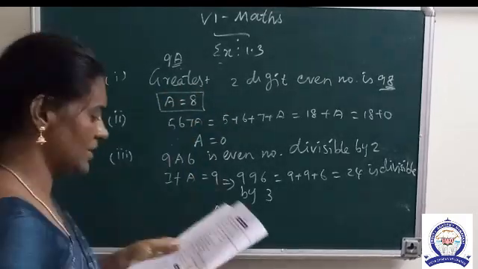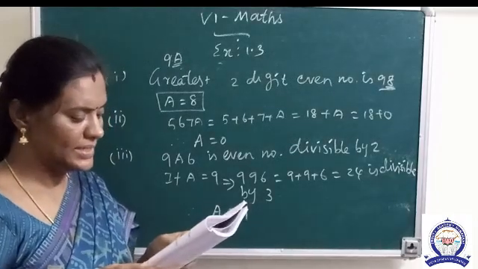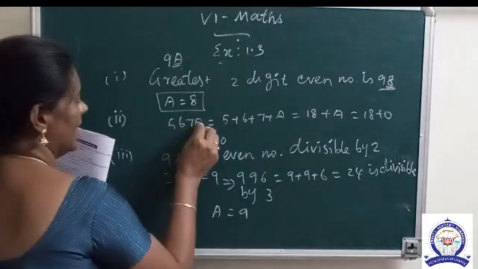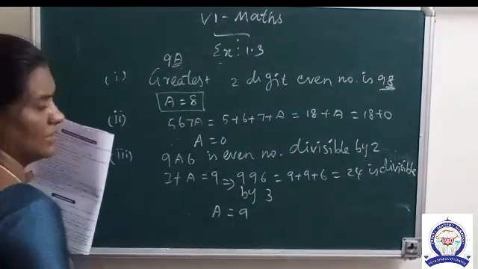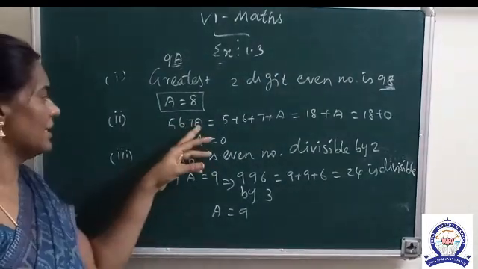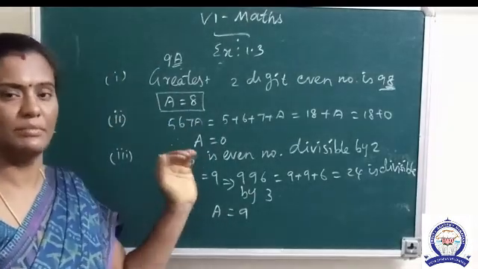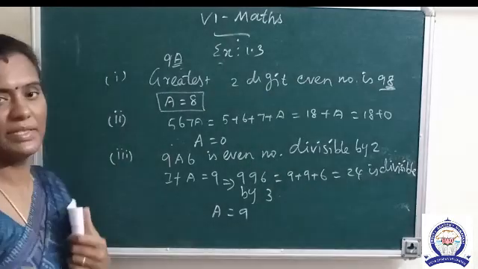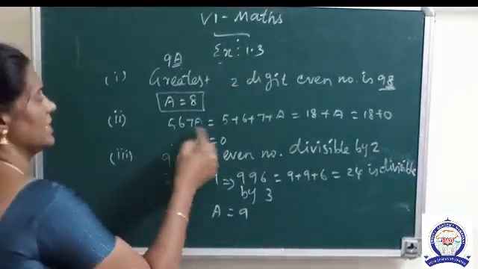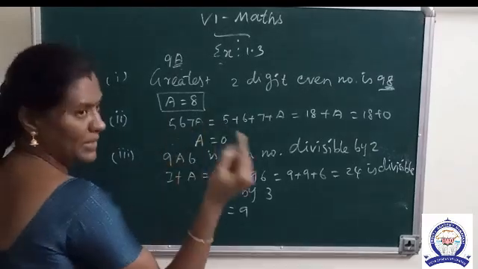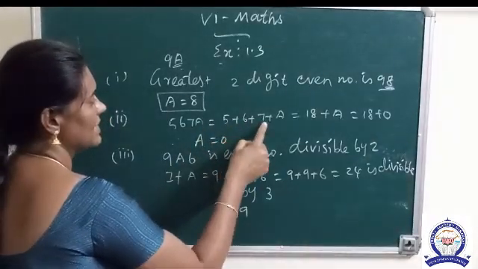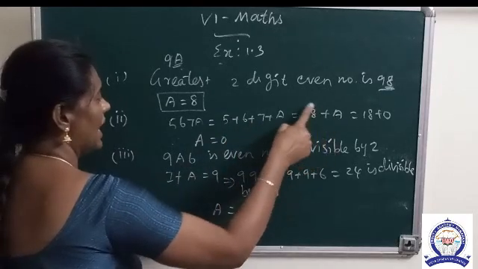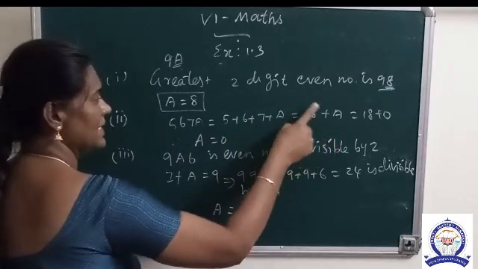See the next question. The least number 567A is divisible by 3. இப்போ இந்த A இருக்கிற இடத்துல எந்த நம்பரை போட்டா அந்த நம்பர் 3 ஆல divisible ஆகும். அந்த Aங்கிற நம்பர் லீஸ்ட் நம்பரா இருக்கும். So divisible by 3 க்கு என்ன ரூல் அப்படினா sum of the digit. இந்த எல்லா டிஜிட்டையும் ஆட் பண்ணா 3 ஓட மல்டிபிள்ஸா வரும். So 5 plus 6 plus 7 is 18. 18 is divisible by 3. 18 is a multiple of 3.